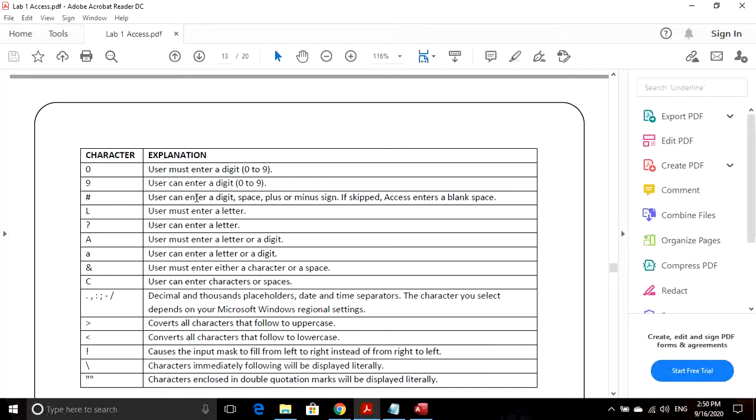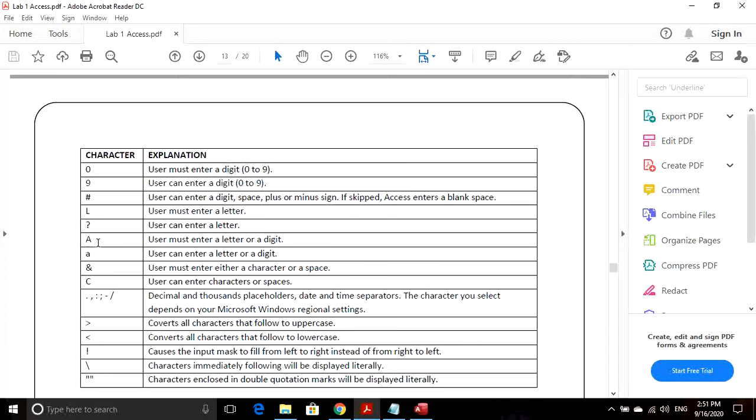Then hash, user can enter a digit, space, plus or minus sign. If skipped, Access enters a blank space. So whenever you have put hash in input mask, it means that user can enter a digit, a space, plus or minus sign, and if nothing, Access will put a blank space. Then L is user must enter a letter.